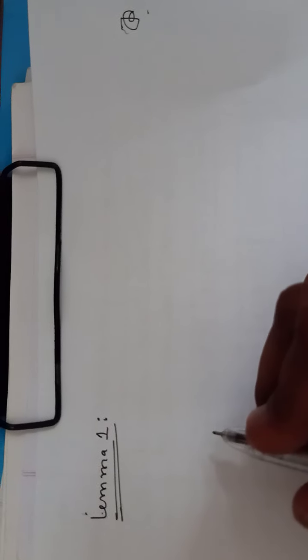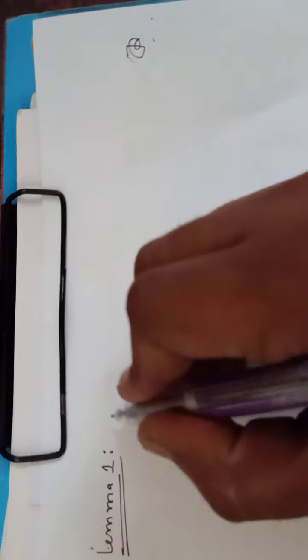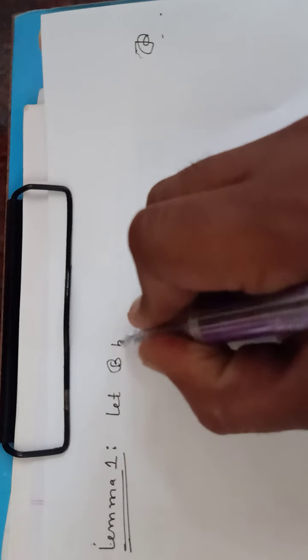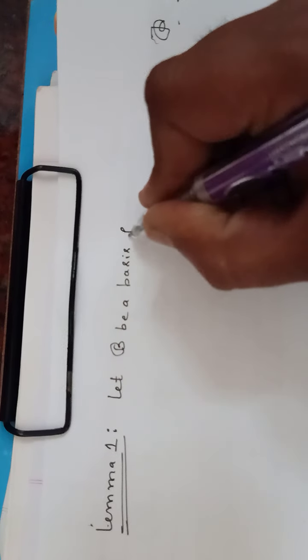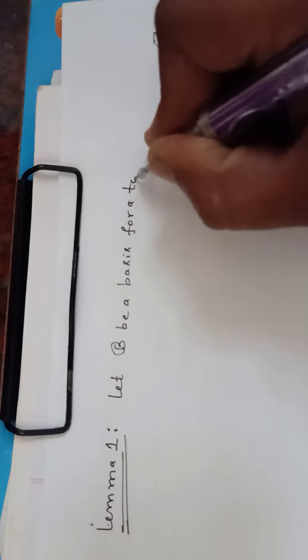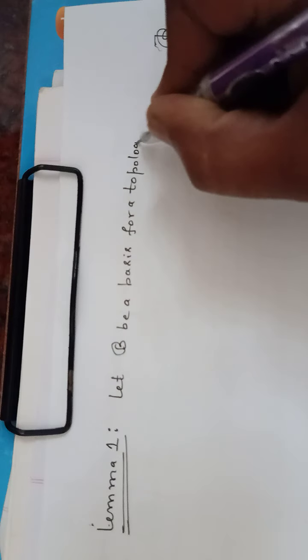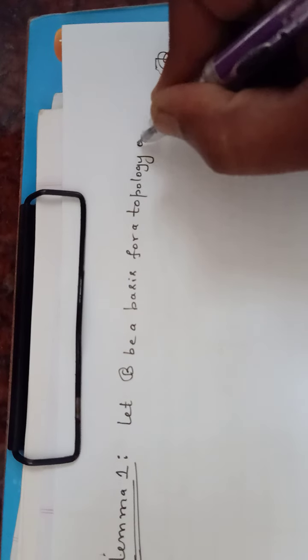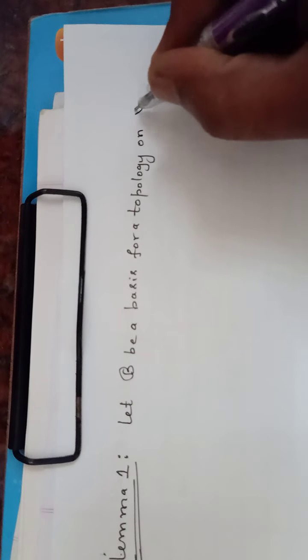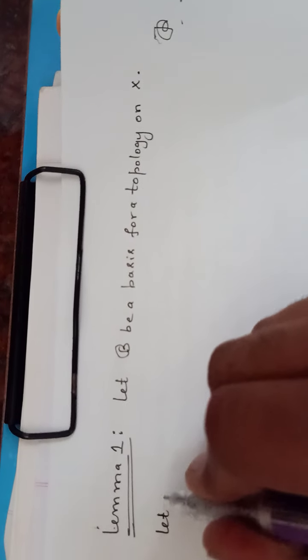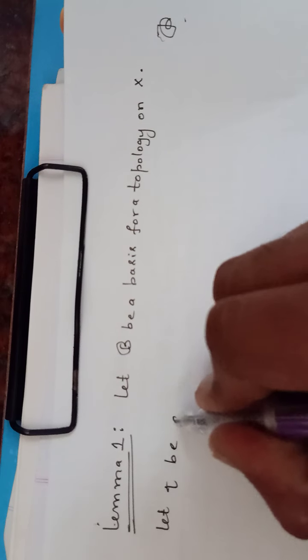In this video, we are going to discuss Lemma 1. Let B be a basis for a topology on X. And let tau be defined by